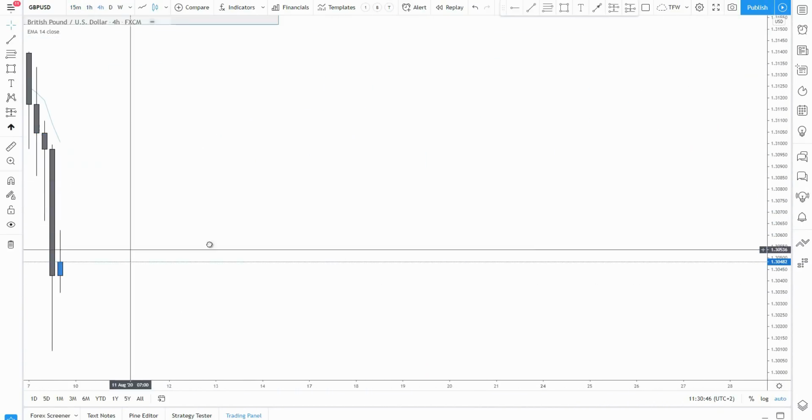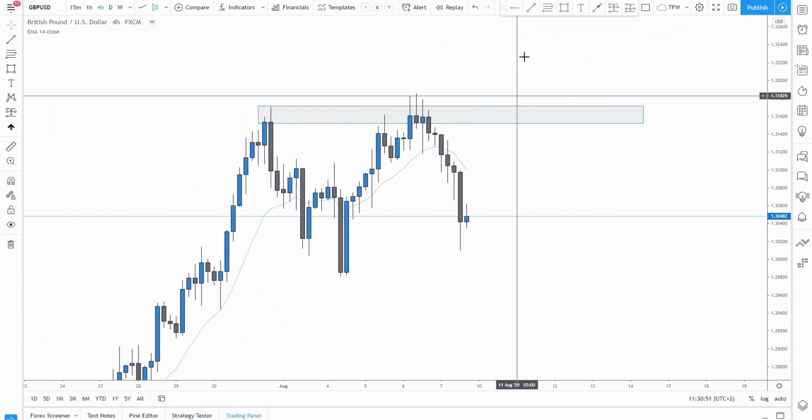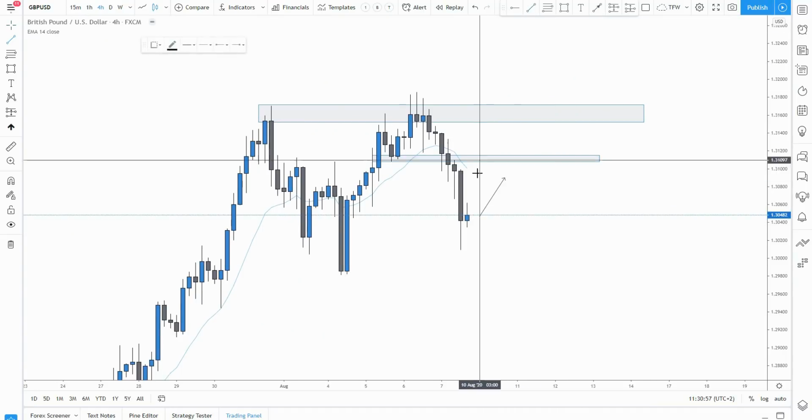So let's focus right now. I did not take any trades, so nothing to break down. But what do we have right now? We have this nice introduction of selling pressure and break of the previous lower high formation. So definitely just waiting for the market to pull back for a little bit to show me a lower high